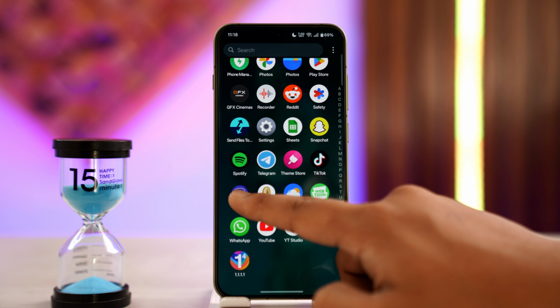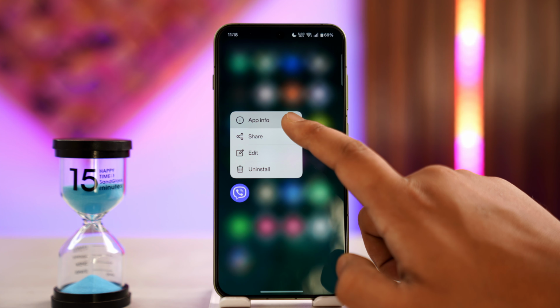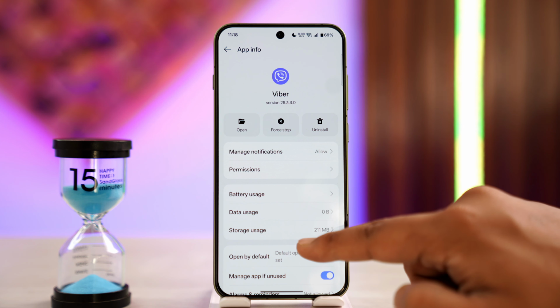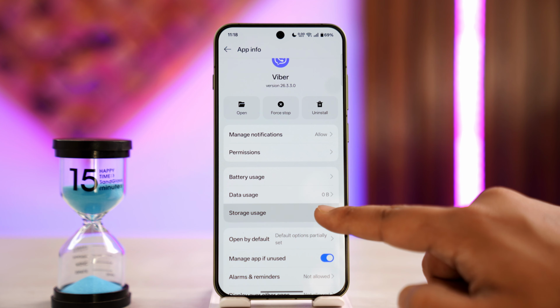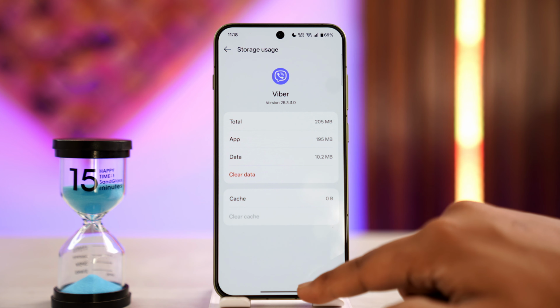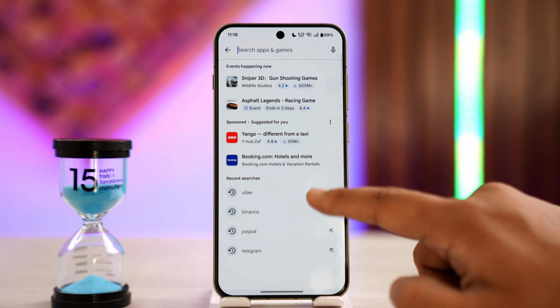After you close the Viber app, long press on the Viber app icon, especially if you're using an Android phone. Then from here, you can tap on this I button that will take you to the app information page. From the app info page, you can simply go to the option called storage usage and clear the cache files and clear its data. Then go to your Play Store or your App Store and search for the Viber application